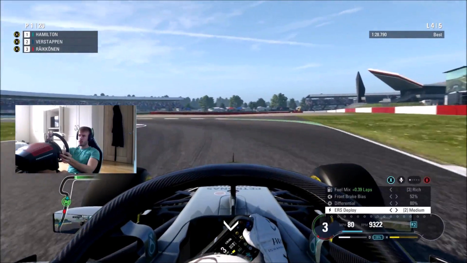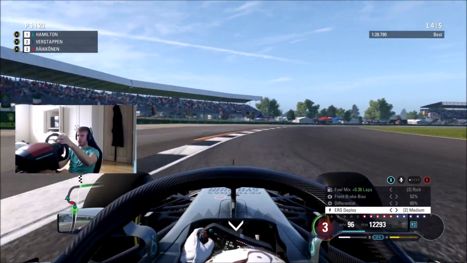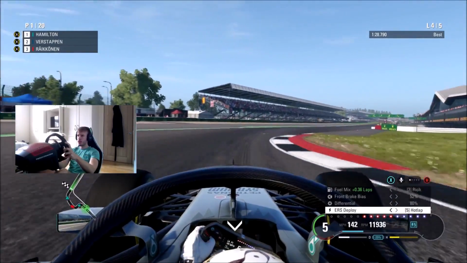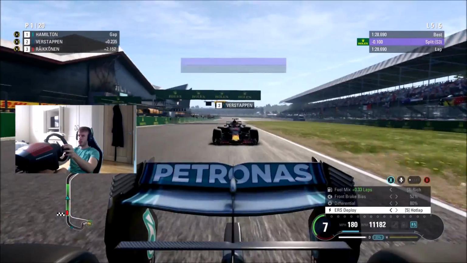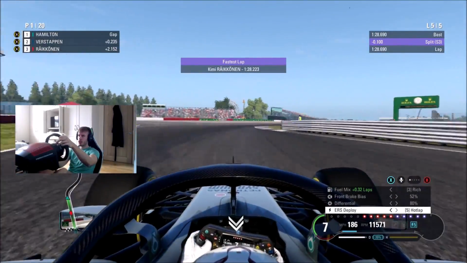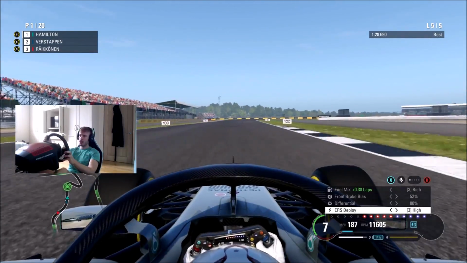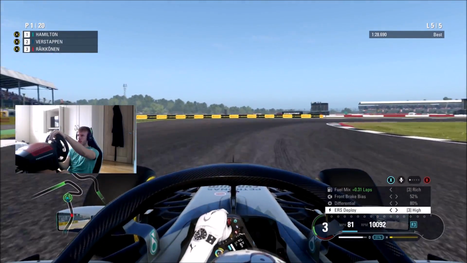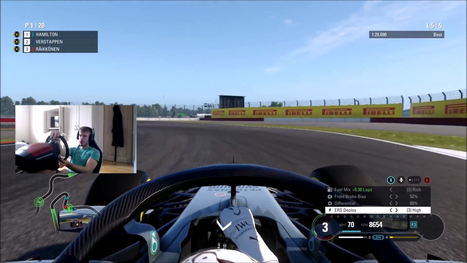And yeah, definitely more aggressive. I've probably said that about 100 times in this video, but they are way more aggressive than they were in 2017. In 2017, if you were on the outside, they would literally just move out of the way for you. They would not even try to defend their position at all. But on this, they actually seem to really stand their ground, which is something I desperately want to see. And going over that curb,